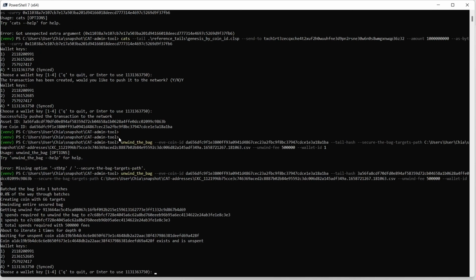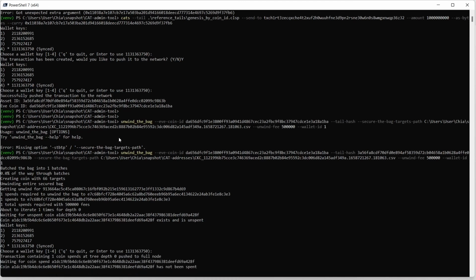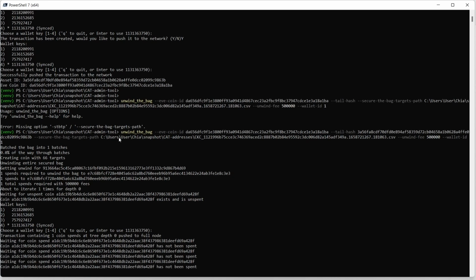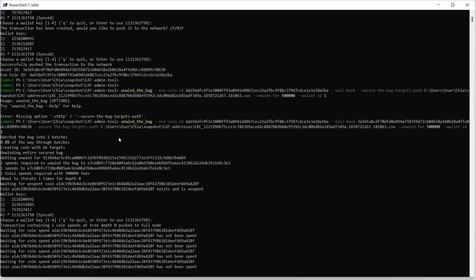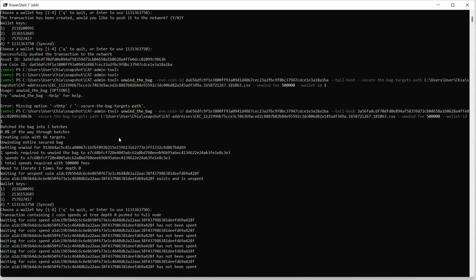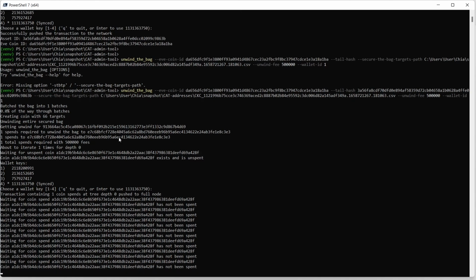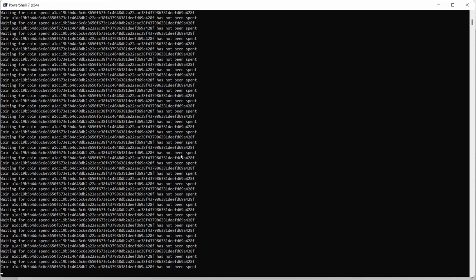It's going through all the coins, and I need to verify that I'm actually going to spend some money from that wallet. All right, so it has attempted to unwind the bag for this coin. And what it's doing now is monitoring the blockchain to see if the unwinding of the bag is actually successful. And I have already done this reissuance previously to creating this video. So this is not actually going to succeed for me. But eventually, when you actually run this,